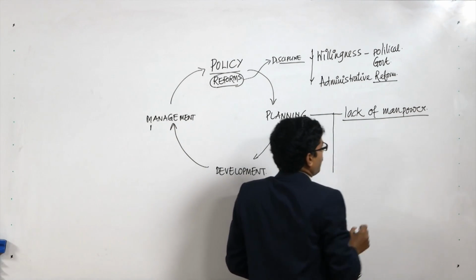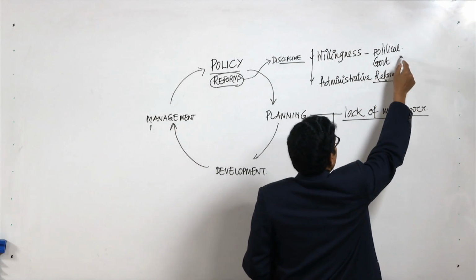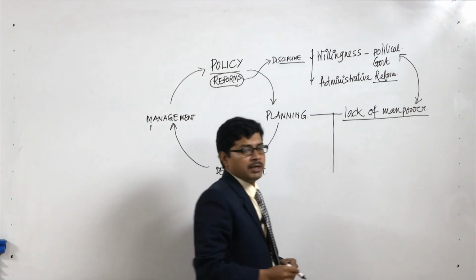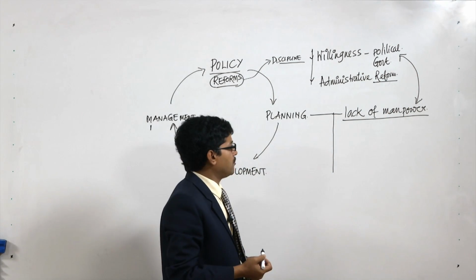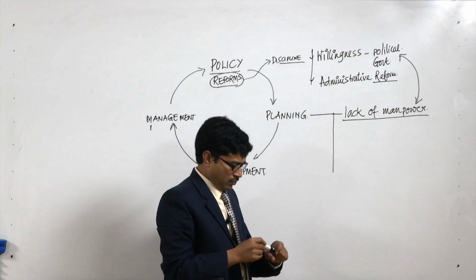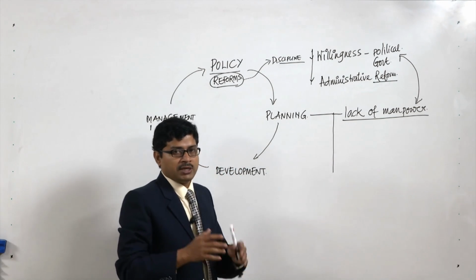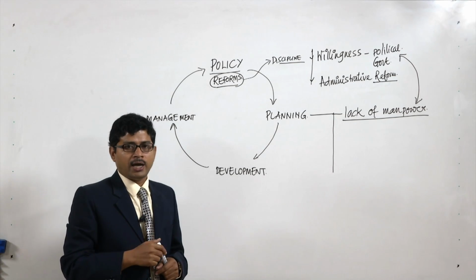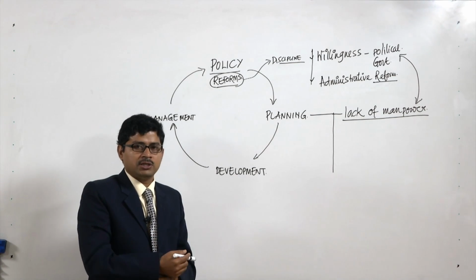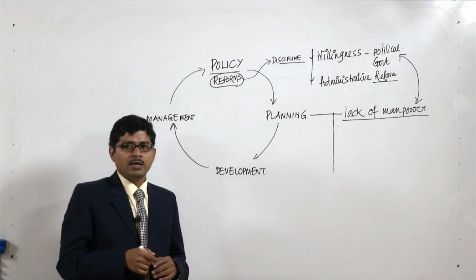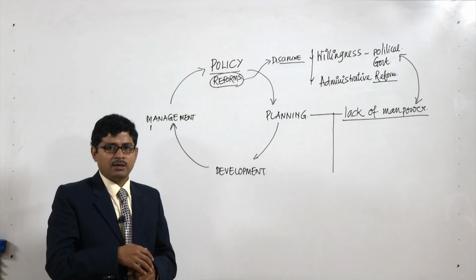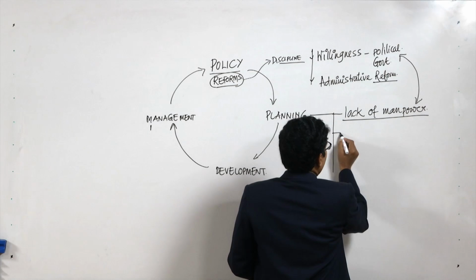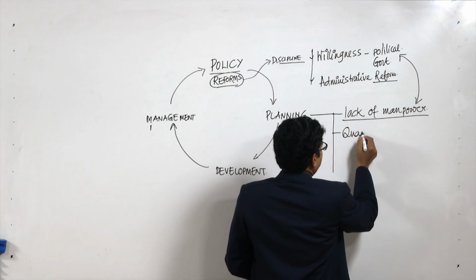Now, lack of manpower is also linked with the willingness of the government. This is possible if a regular institutionalization of the cadre system, a planning cadre system, at every level is done. Right now we have the Town and Country Planning Organization at the central level and the state level, so at the apex level it is there, but at the local level it is not there. Therefore the qualified professional